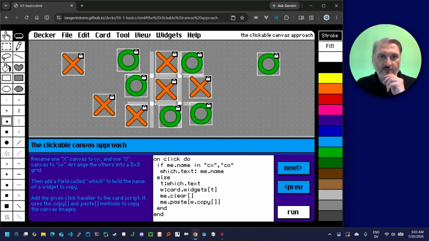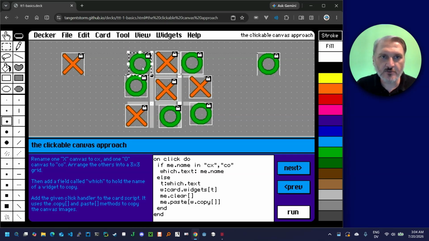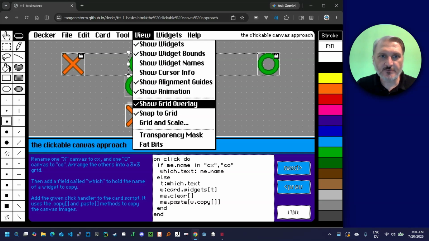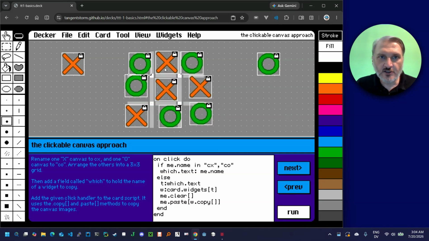Okay. And then the others, and we only need 9 of them. We're going to put them in a little grid like I already have, but a little bit nicer. So make sure snap to grid is on and you can adjust the grid. If your particular size doesn't line up with this grid, you can either move this grid or, although it's on